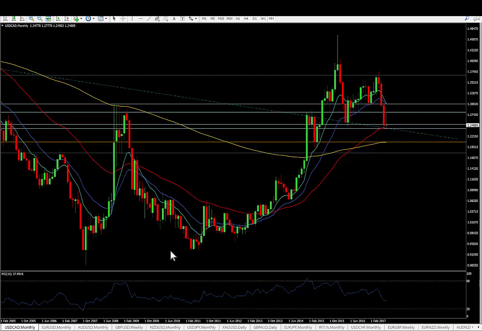Today I'm going to be talking about dollar CAD, euro dollar and Aussie dollar. And as usual, I like to start with the monthly chart, but do remember that we're coming up to the end of the month, so we're going to have some new price action that we can use to our advantage